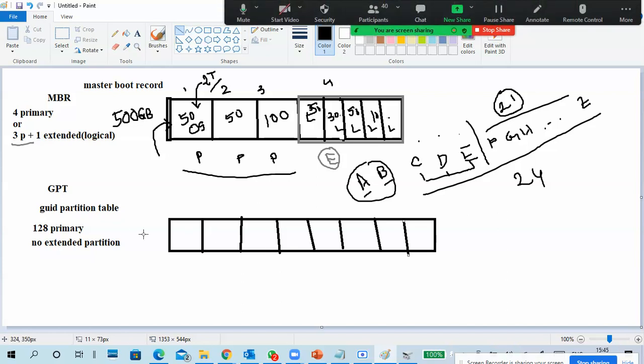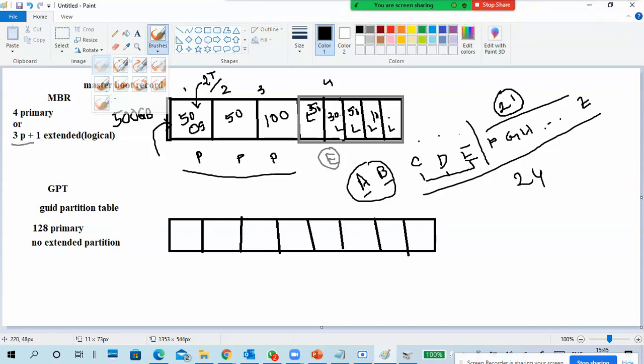Anybody having any doubt how we can put 128? And how many letters are there, A B C D? 26. A and B are floppy disk, we usually start with the C drive and go to Z. So 128 straight primary, but we got only 24. So what about the 104 other partitions if you create? If you don't create, no problem. But if you create 128, or at least more than 26 partitions, what about the other partitions? Which drive letter will you get?